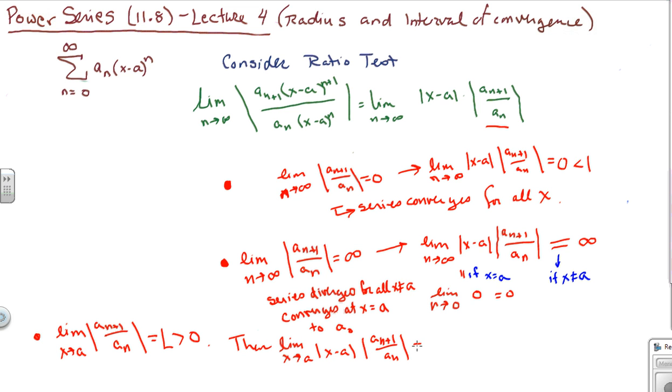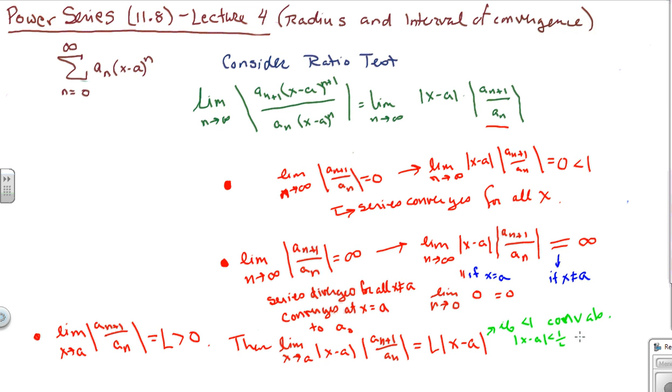It's going to go to L times x minus a. It's L times that constant. And so we can look at this and say, when is this less than 1? It's going to converge if, so let's get different things. So if it's less than 1, it converges absolutely, right? So what is that less than 1? That's the absolute value of x minus a less than 1 over L,